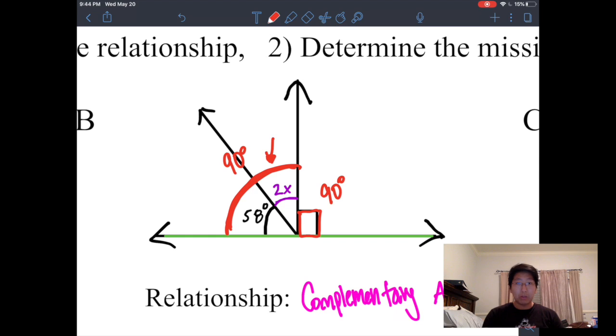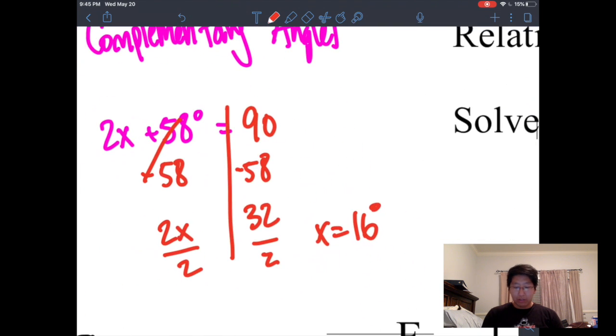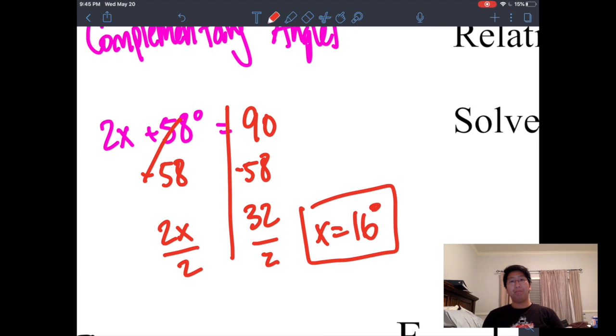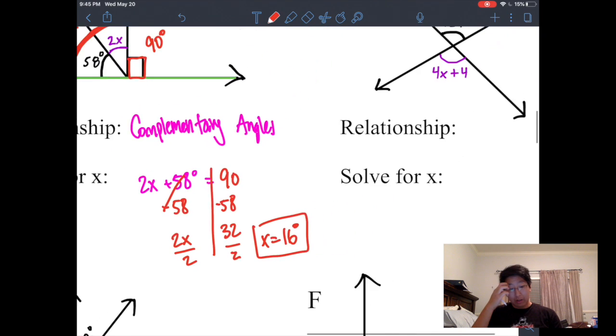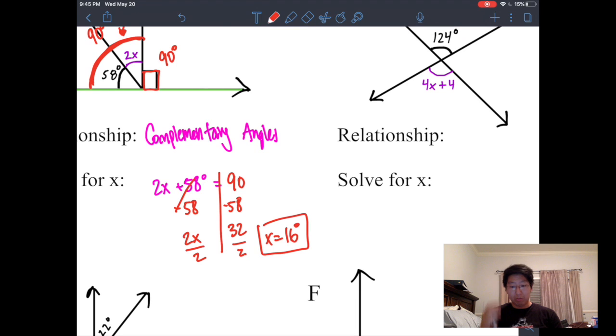That means that this is going to be 32, right? So x equals 16 degrees. We're using our knowledge, right, of complementary and supplementary. All you need to know is complementary is a 90 degrees corner, supplementary is a straight 180 degrees. And right now we're naming the relationships. Here,